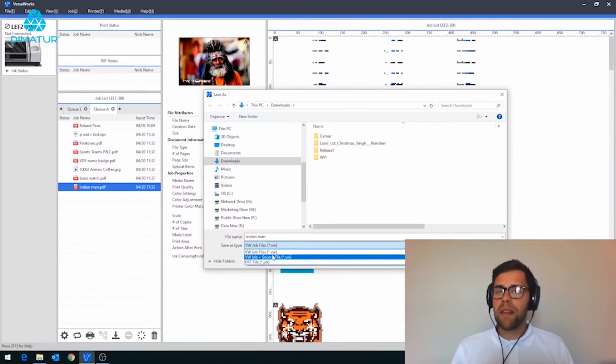The difference between these, the VersaWorks job file will save your settings for your particular job. So if you've used high quality in a particular profile, for example, it will save that as a bundle of information. It will then look for the artwork itself in its original save location. So if it was saved on your desktop, for example, it will look for that as a reference point. So this particular method is great if you're quite organized, and once you've saved your artwork, you don't tend to